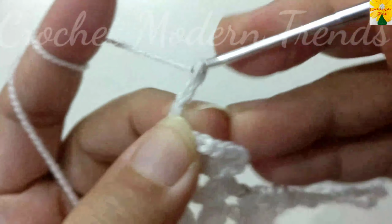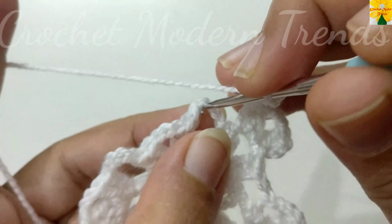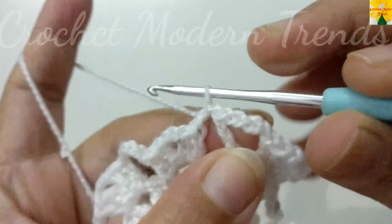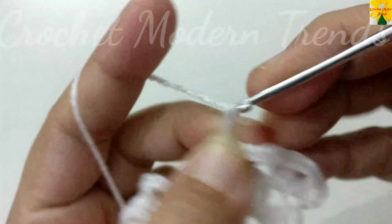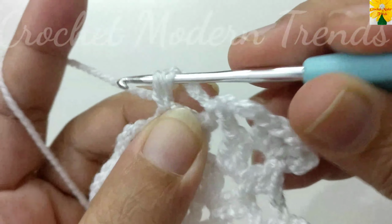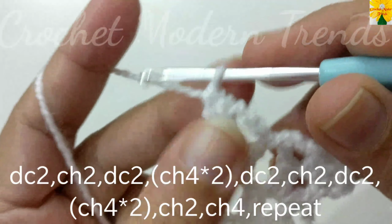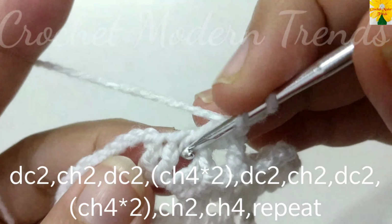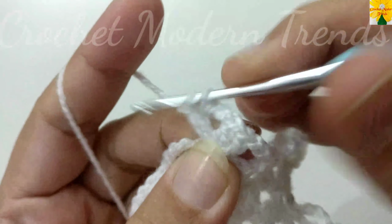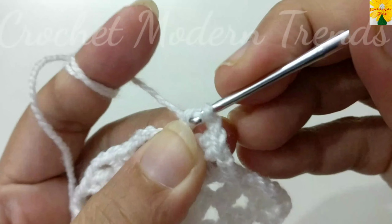Chain 1, 2, 3 and 4 to be joined into this chain space of 4 with slip stitch. Chain 1, 2, 3, 4. Into the next chain space of 2, double crochet 1, double crochet 2, chain 2 for chain space, into the same chain space of 2, double crochet 1,